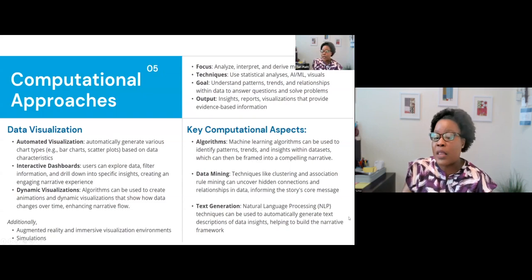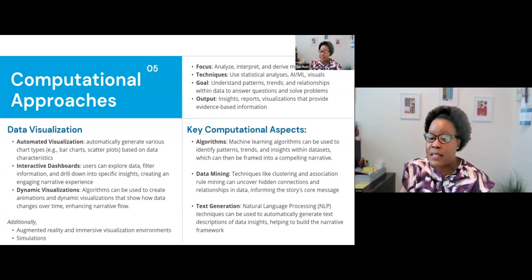And then also think about natural language processing, because data can be in so many different types and ways. So you might be working with text. So looking at text generation through natural language processing techniques to help construct that narrative and that narrative framework within your data. So I've worked with focus groups and